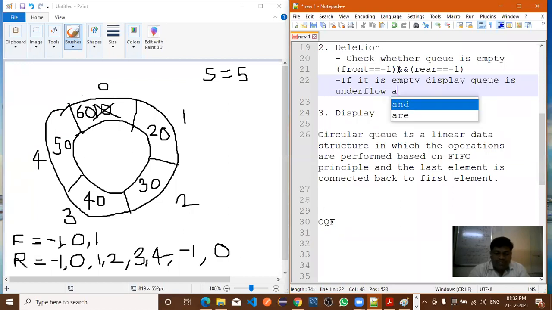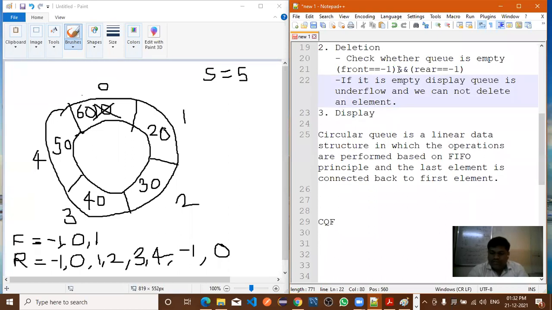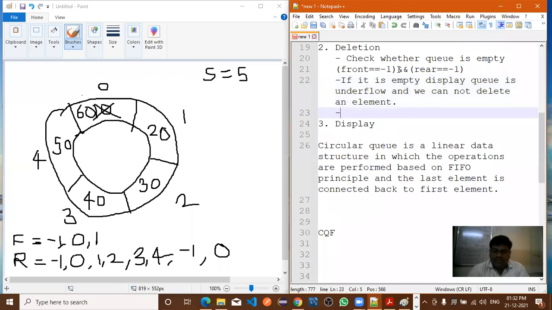And one more sentence you can add: we cannot delete the element, or we cannot delete an element. So depending on you, this is the descriptive part, right? Likewise, you can display the message.